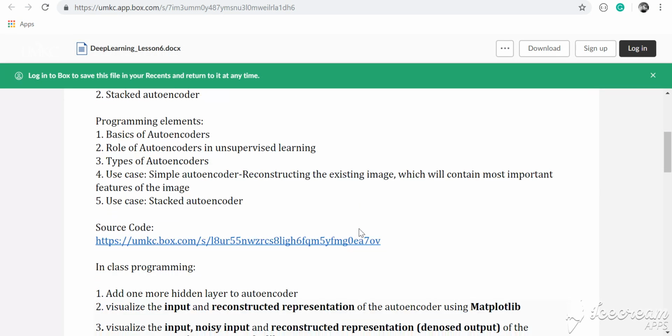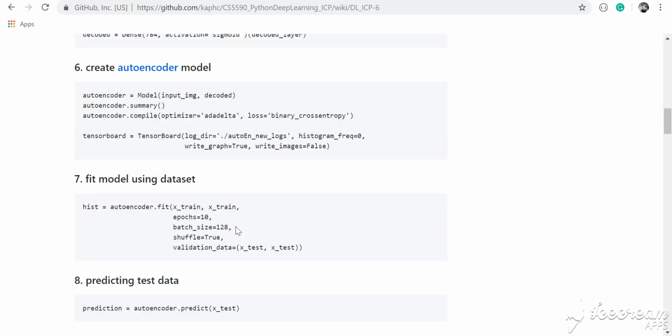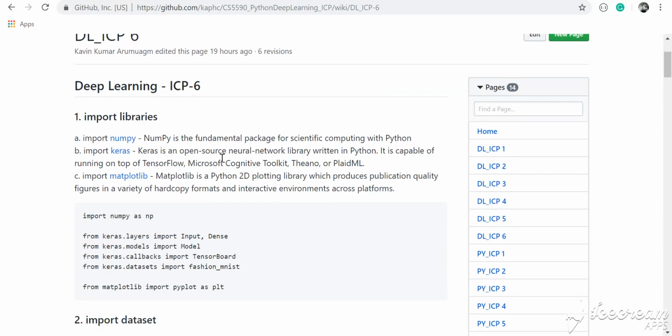So deep learning ICP-6 consists of 4 questions. The first one is to add one more hidden layer to the autoencoder, which takes the input and gives the reconstructed representation. So for doing all the 4 questions, the basic